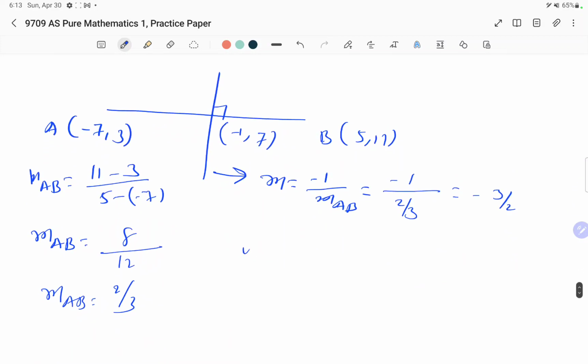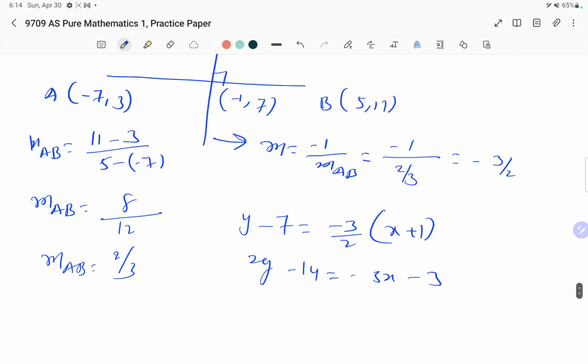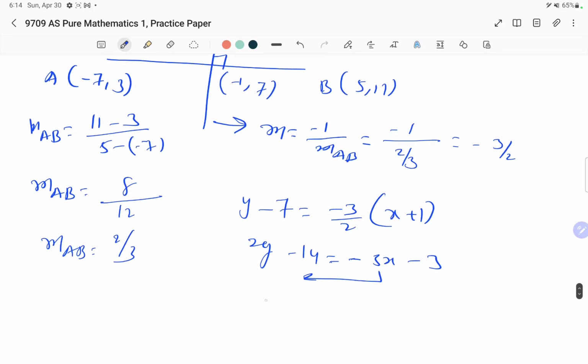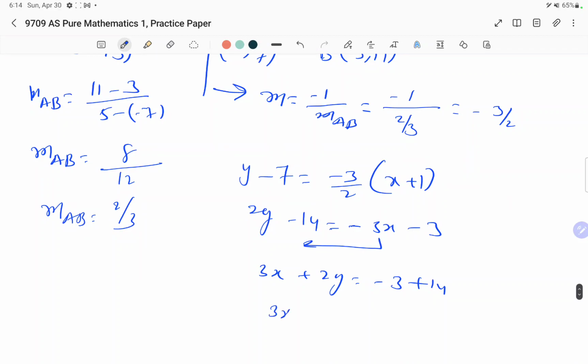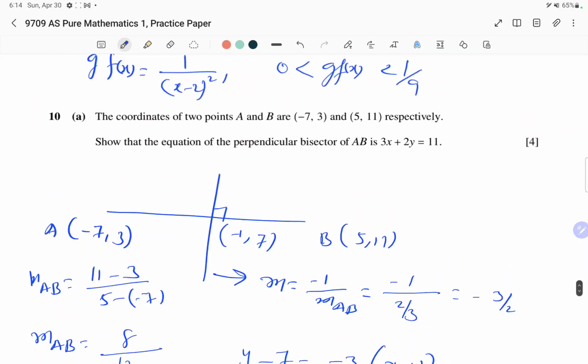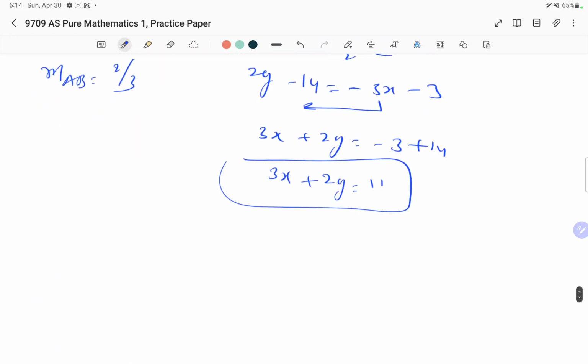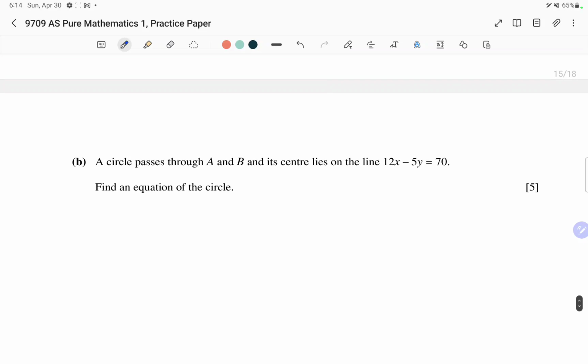So the equation of the line will be y minus y1 equals m times x minus x1. So 2y minus 14 is minus 3x minus 3. Now take the left side. This is 3x plus 2y equals minus 3 plus 14, so 3x plus 2y equals 11. We got that? Now a circle passes through the points A and B and its center lies on the line 12x minus